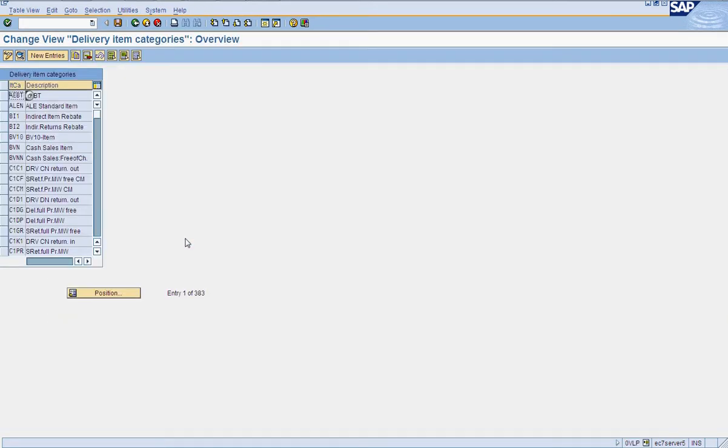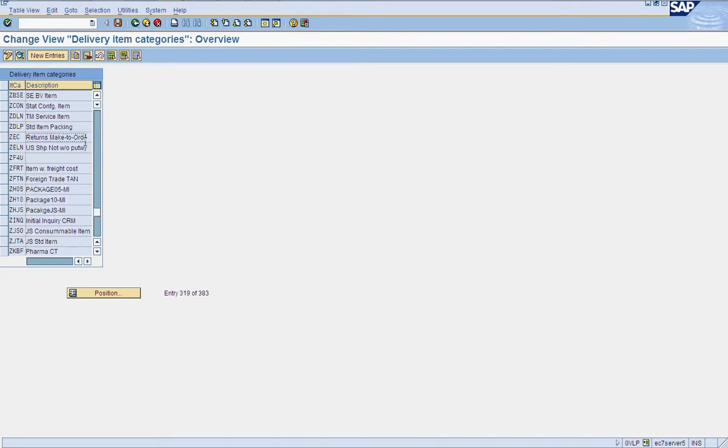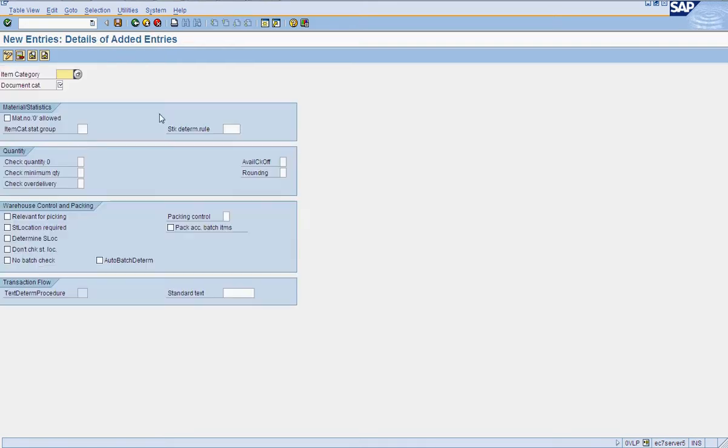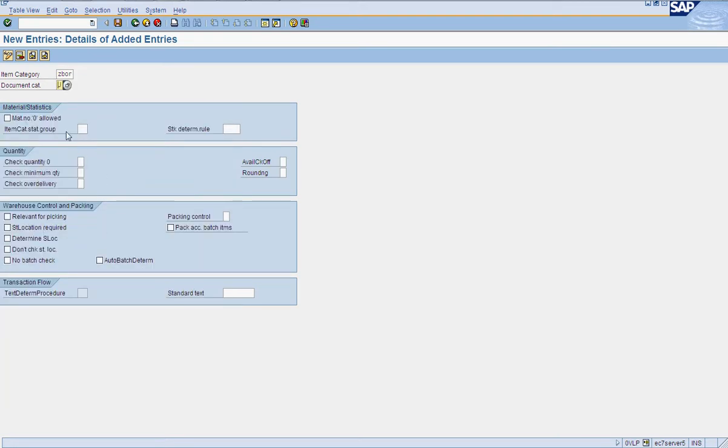So we can use existing item categories which have been created in order and used at the same. So let's create new delivery item category ZBOR, which was created for order, and just modify it to be as for delivery. So we'll be creating material number with 0 allowed. Check for quantity, yes. Note about situation, we will say that you should have those kind of checks.